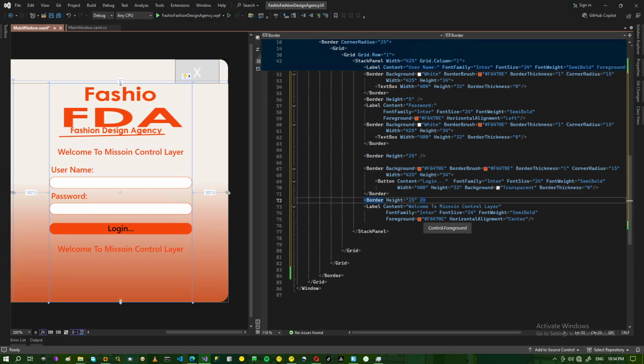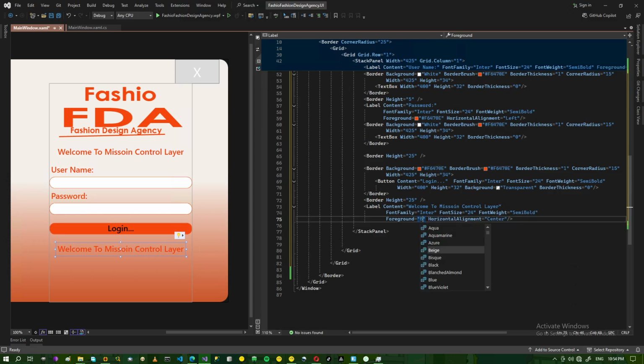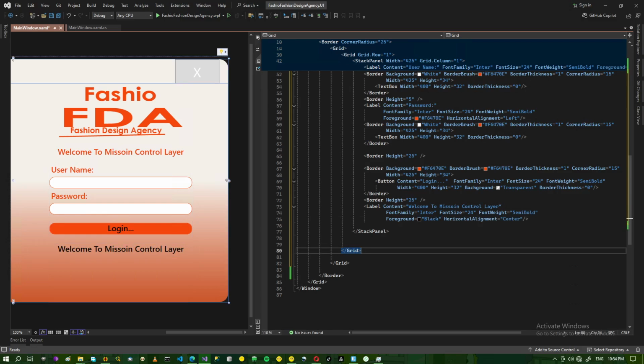Then foreground, instead of this color, we'll make it this color. Okay, then we'll finish off with this. You'll add your email address, so it'll be like this. This is my email address. Okay, so